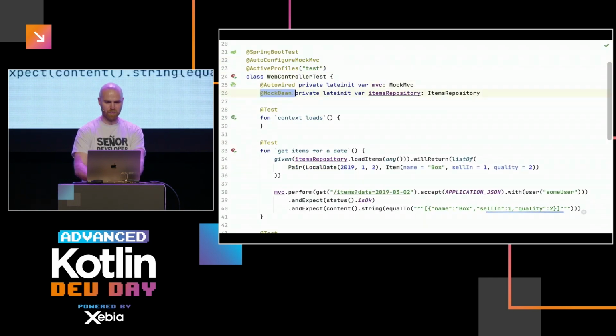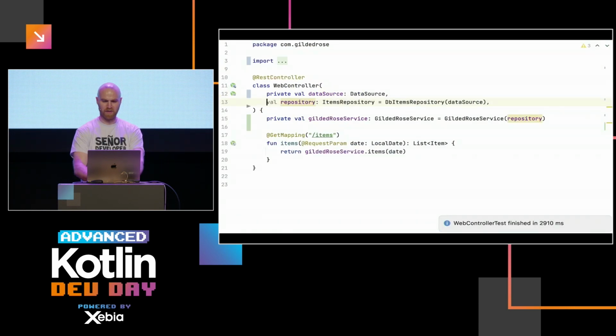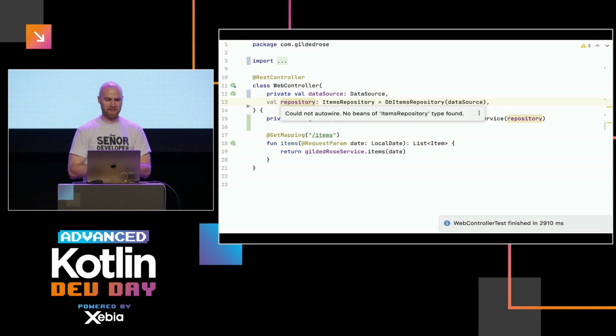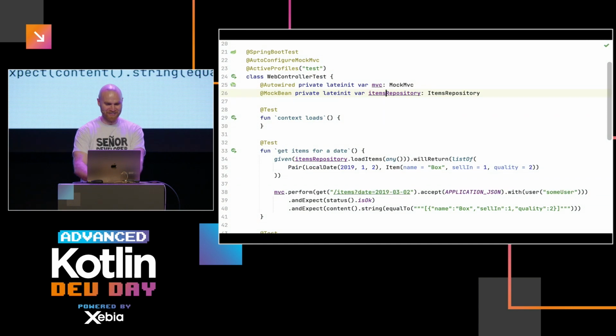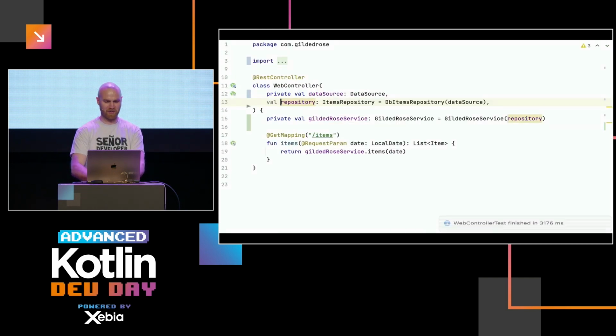And this test is doing mock bean on items repository. So here, the Spring plugin says could not auto-wire, but actually it does wire things in tests and mocks it. So it's like, can you decide if you're doing it or not? So I guess this is the problem. I thought I moved it out of Spring, but actually I didn't. And this is kind of a tricky thing. Now I start to question if I know the actual object graph at test and runtime correctly.